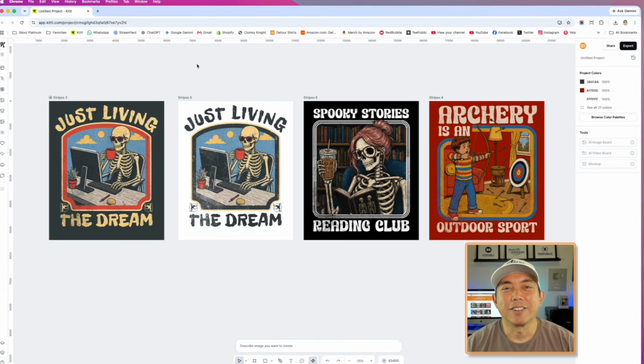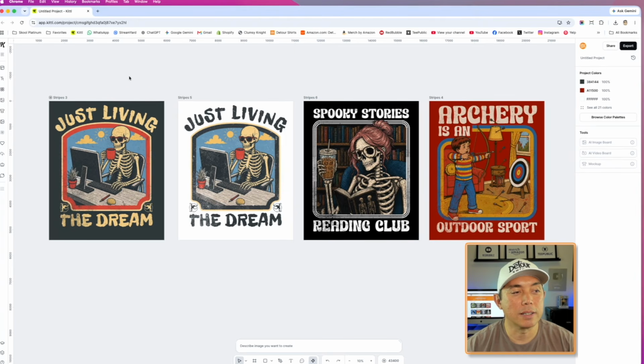Next thing I want to do is go to Kittl, and I'll show you a couple of designs that I made using these by dragging in the borders, the SVGs, and putting it in Kittl and then adding text and graphics to it. All right, so here I am in Kittl, and you can see some of the graphics that I used here, as well as the